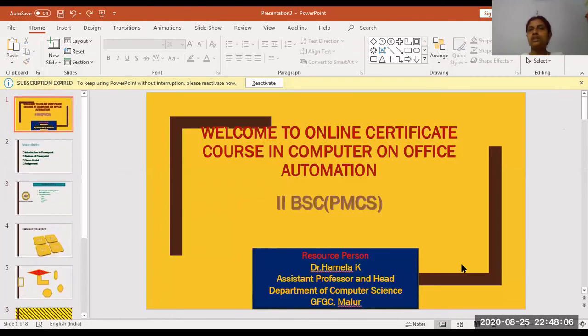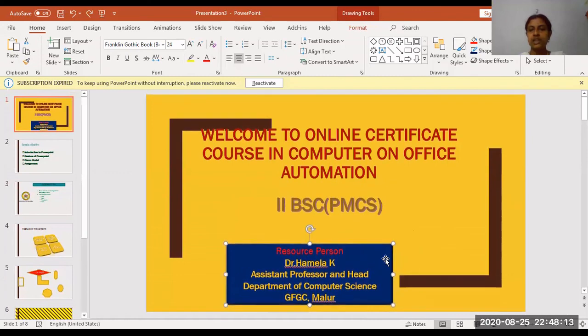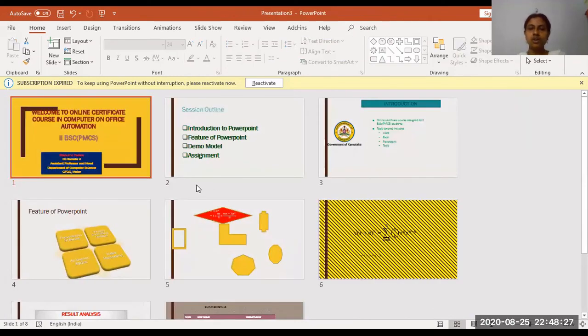After doing all these things, the next stage is how you present it. Before presenting, to see the arrangement of your slides, you have to come down. This is your normal view. Normal view means your slide view will be there. Next, the slide sorter options, where the slides will be arranged in a smaller size. When you click this, we call it the slide sorter view.